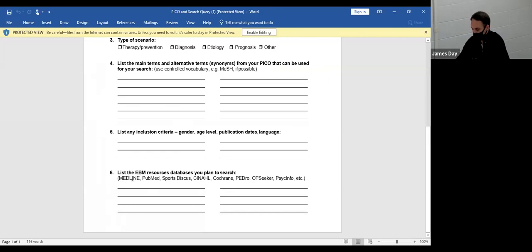databases that you can use, and we will all be using these four: Medline, PubMed, which are fairly similar, Sports Discus, and CINAHL. Okay? And so when we do our methods, part of our methods will be we will search each of these databases. For the introduction, you can pick your favorite. All right, so you can access